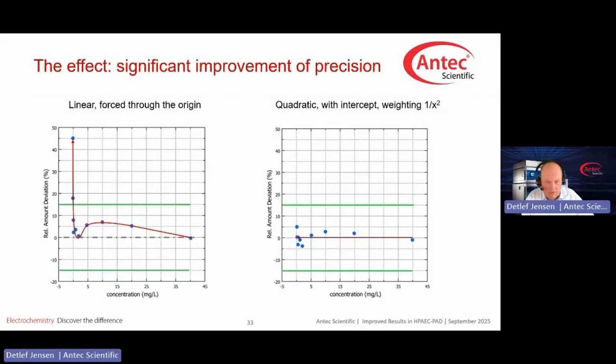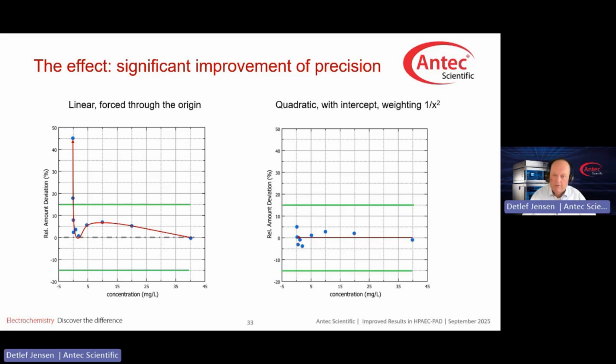Now, in order to demonstrate, I brought 2 plots with me, and both were derived from and with the same calibration experiment and data. We plotted the relative amount deviation to measure how close the calculated concentration is to the expected calibration. On the left-hand side, so here,